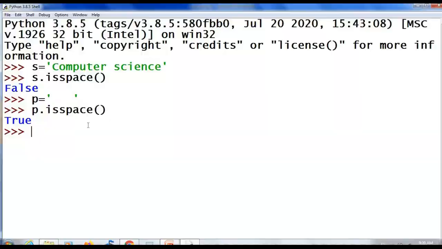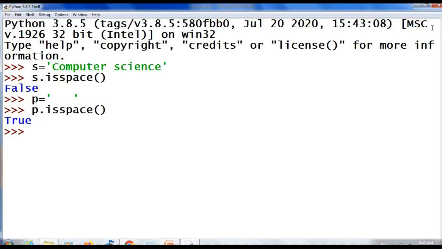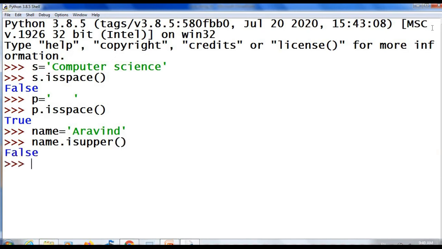Clear? Next one. Method which returns true if all the characters in the string are uppercase. Is upper. name equal to "Aravind". name.isupper(). It returned false. The string Aravind contains a capital letter A, but it contains lowercase letters also.